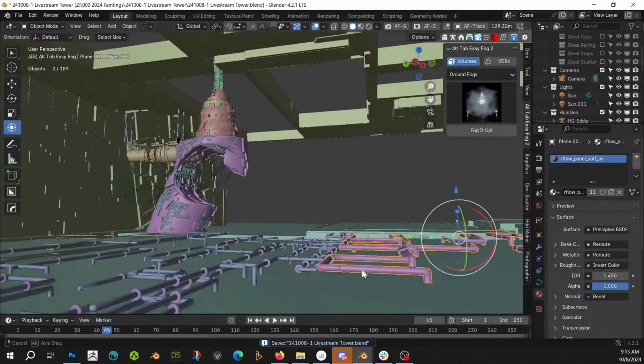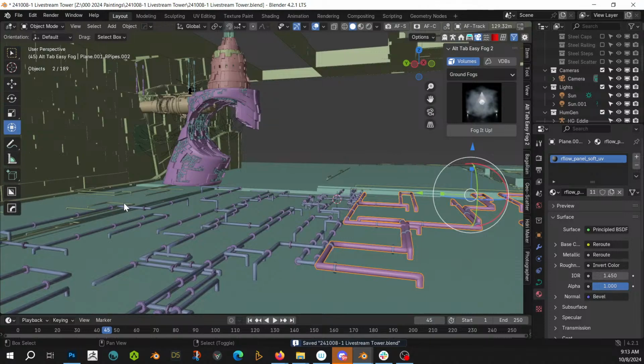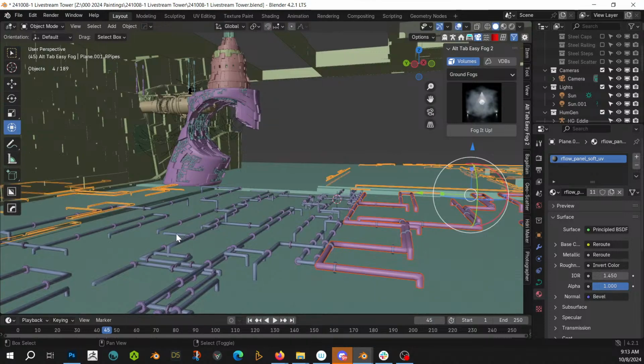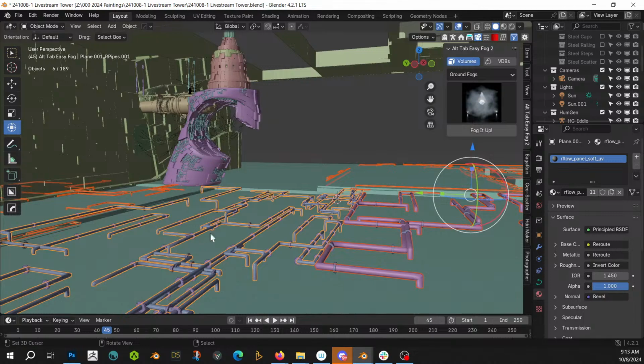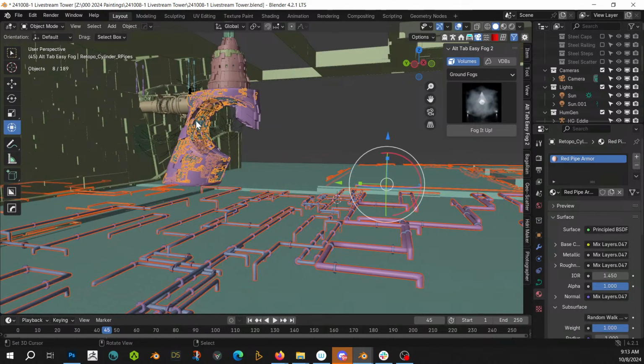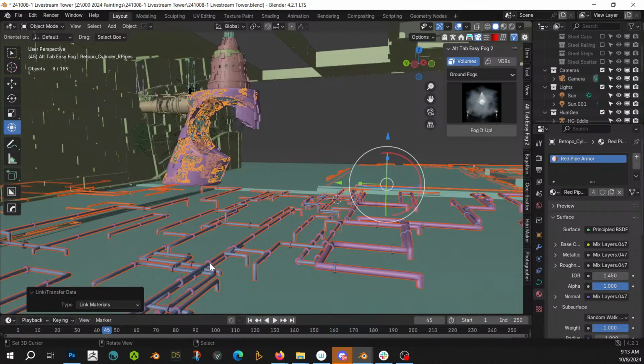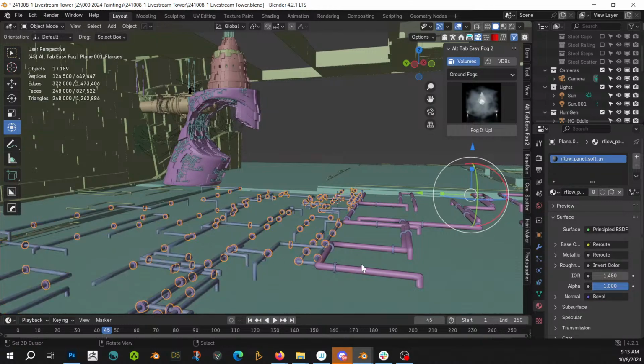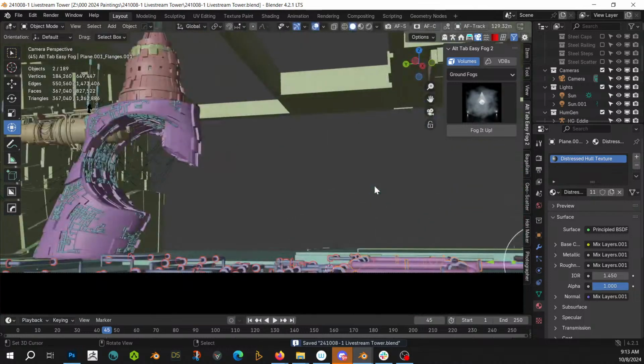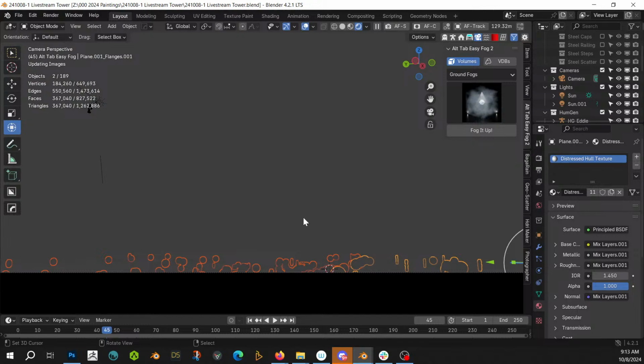These are also going to be, all right, red pipe armor? Sure. Let's try it. And these are going to be distressed hull. I think that will give me what I wanted. Let's see. I've now spent a lot of time on it. If it doesn't,